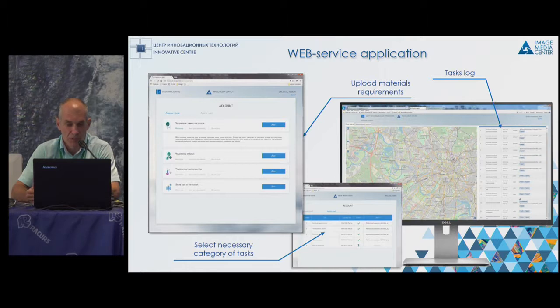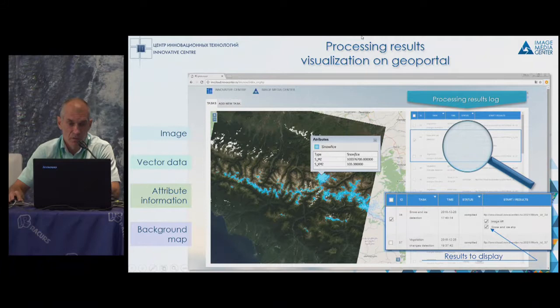We have a set of tasks, and a user can choose from a list and you can launch a task remotely. Each user has his own room with the login and password. He has a list of accessible tasks, and he can get a status report on his inbox.